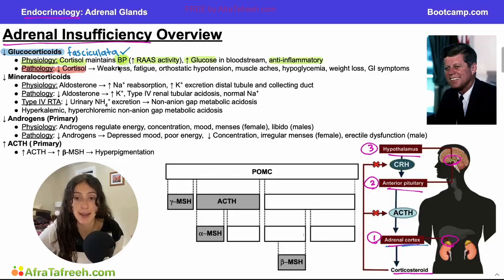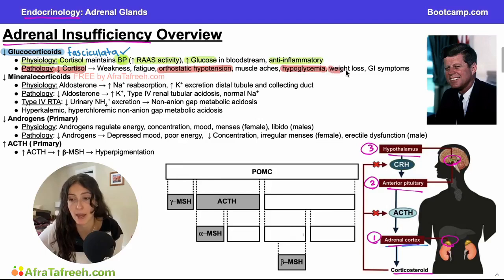So we talked about how cortisol is responsible for maintaining blood pressure and RAS activity. Some pathology associated with decreased cortisol is going to be orthostatic hypotension. So this is the inability of your body to maintain adequate blood pressure when standing up. Additionally, we mentioned cortisol increasing glucose in the bloodstream. Similarly, when we don't have enough cortisol, this can lead to hypoglycemia, as well as other symptoms that I associate with energy in my mind,